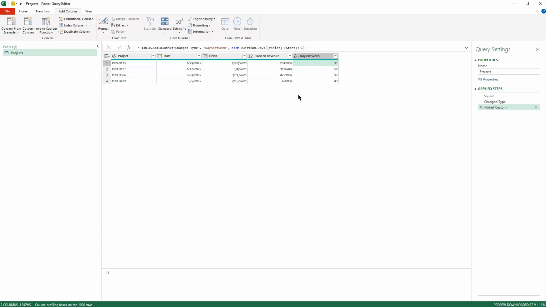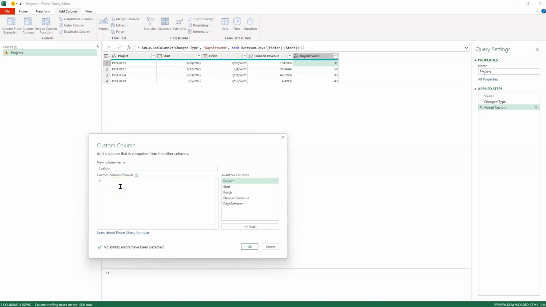Okay, that's step one. The next thing we're going to do is determine, now that we have, for our first project, we know that this is spanning over 31 days, we want to determine how much revenue to be considered for each of those days. So we can do another custom column, and this is quite simple. We're just going to call it amount per day, and I'm going to do a simple calculation of the planned revenue divided by the days between. So if I hit OK here,